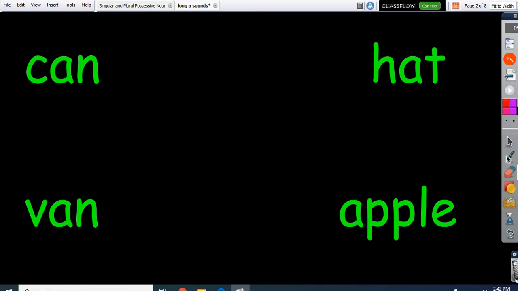But if you remember, the only way we have ever learned to make long vowel sounds was if we added a sneaky E to some of these words. You see how it changes the word? Do you remember when we did that? Yeah. Like this doesn't say can anymore. It says,